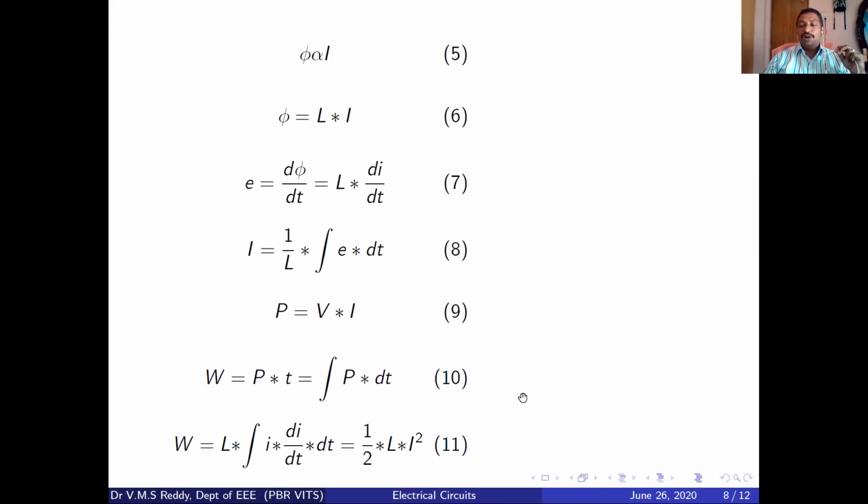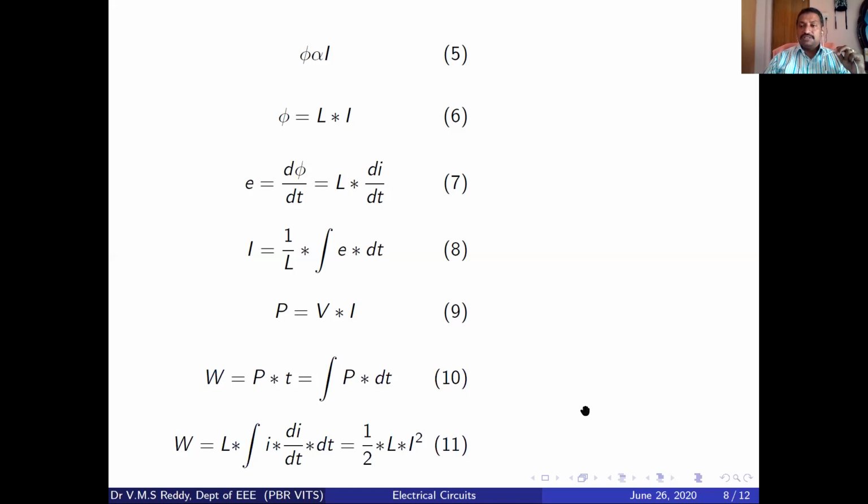So if you want to increase the energy stored in the inductor, you want to increase the value of inductance. But when we design this inductor, we generally cannot change it, since it is a fixed coil. So what parameter do we want to change? We want to change the current, the voltage. When we change the excitation, the current changes, and the energy stored in the inductor also changes. So W is proportional to I square. Whenever the magnitude of the current flowing through the inductive coil increases, the energy stored in the inductor also increases. So we remember this point.